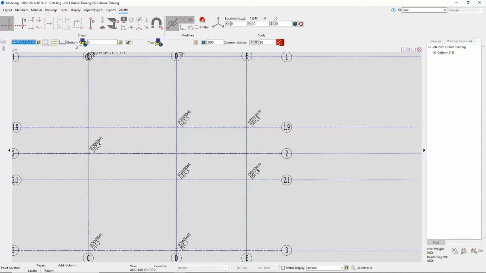For our bottom end settings, we're actually going to change this from a user base to an auto standard. It's going to gray out that field because we can't specify anything for an auto standard. And then our starting elevation for our bottom is going to be our second floor framing plan. So that's going to start at 4,624. We can lock that value in there. Our top is going to be an auto base cap plate